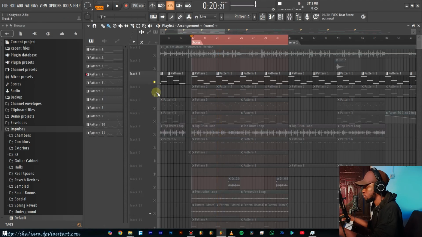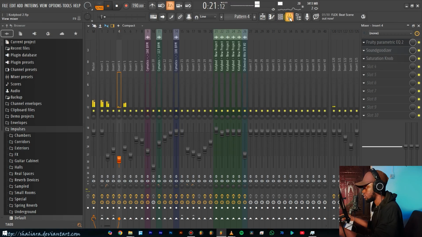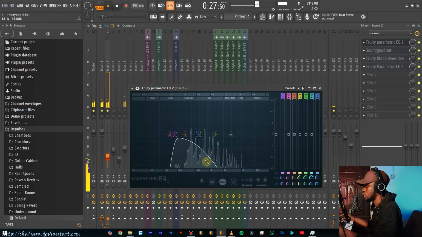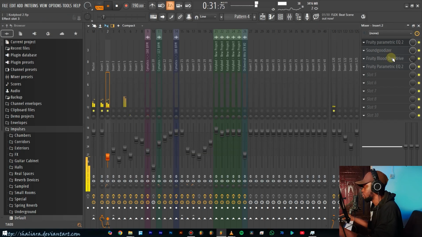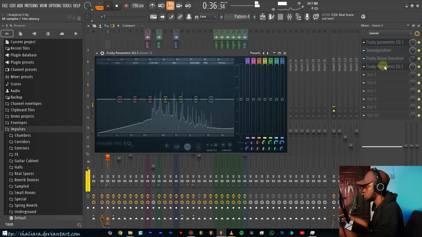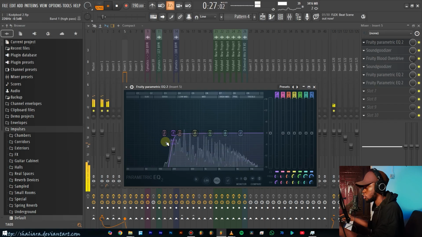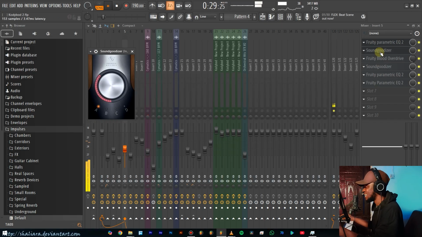All right, and then for this one, we also have a parametric EQ. You can see we just focus on this area of frequencies. We have a sound analyzer, a Fruity Blood Overdrive for distortion, and then lastly another parametric EQ, which is doing nothing. I don't know why that is there. That can go. Okay, and then for this, we have a parametric EQ again, a sound analyzer,